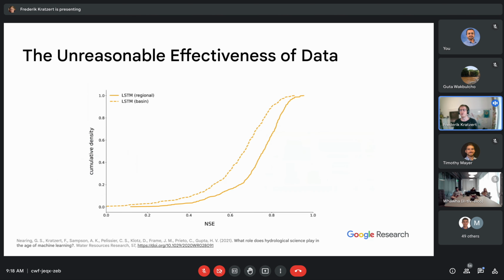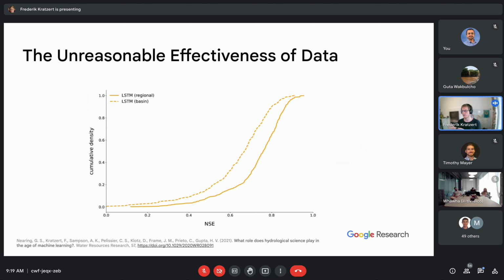So to reference the question from just 2 slides ago, can deep learning help rainfall-runoff models to become better with more data? The short answer is yes, and I will present more details in the upcoming slides. But what you see here is that a single regional LSTM, which is the solid line again, is much better than the per basin hyperparameter tuned and trained LSTMs.